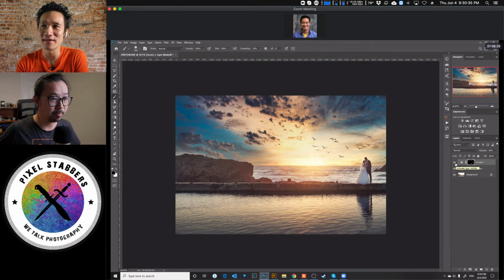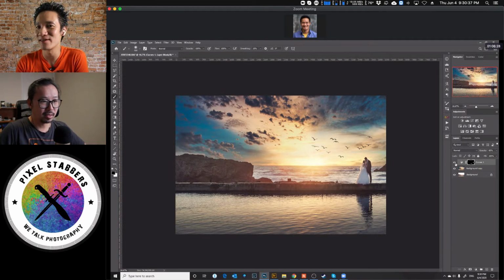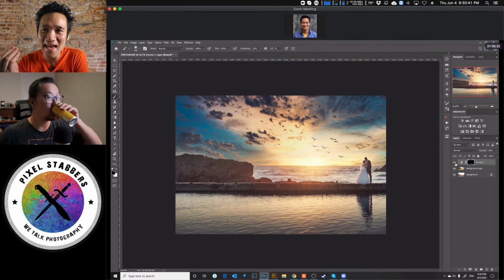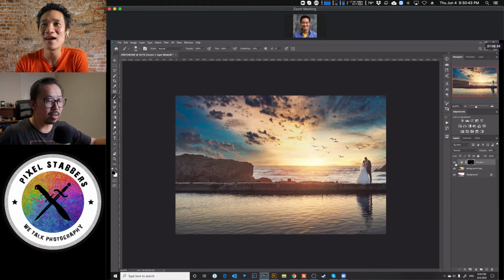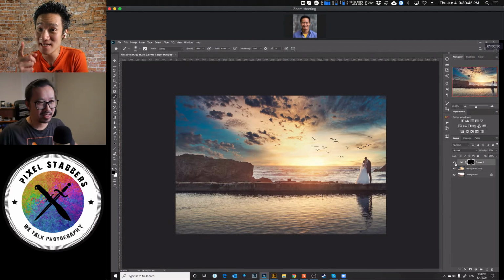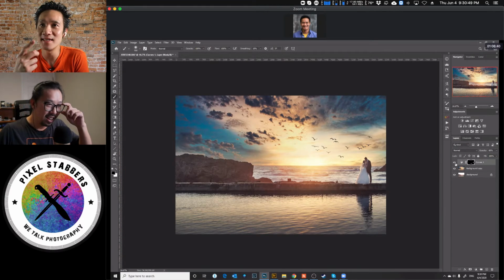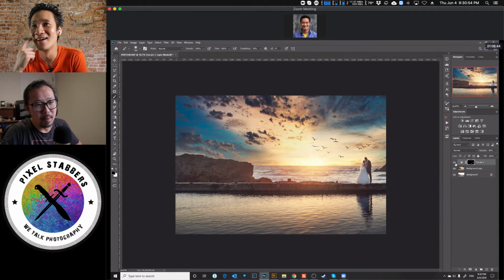You just changed a photo that looks good but has terrible colors into something that has the most intense dynamic range I've ever seen. To be able to capture this in person is literally impossible. I don't even see this kind of dynamic sky ever. So the good thing about this kind of composite and fixing